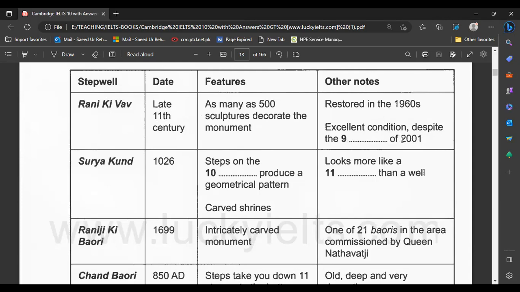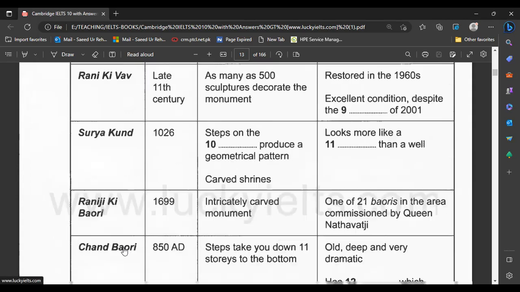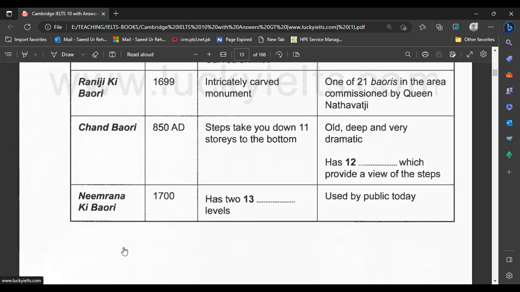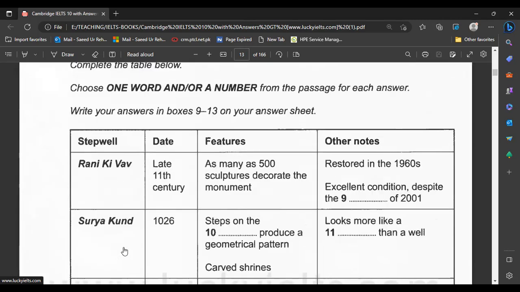So 2001 is your keyword, despite some things, other notes about. So this is step 12 type. Okay, Gani ki wave. Okay, Surya font and Rajni ki Burai. So Jan Burai, and then you will take the keywords from here, from the question, and you will move to